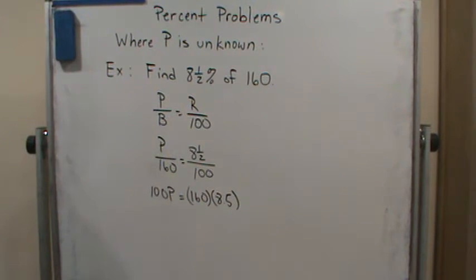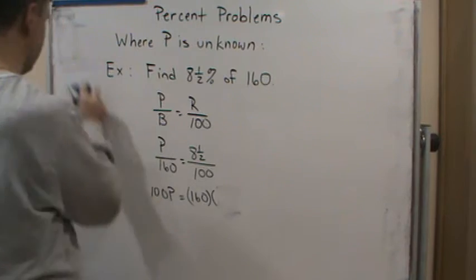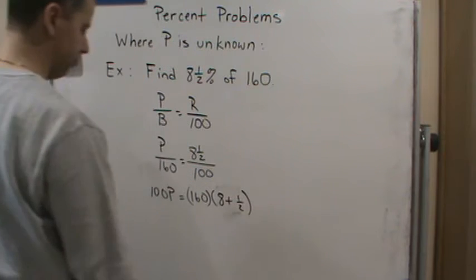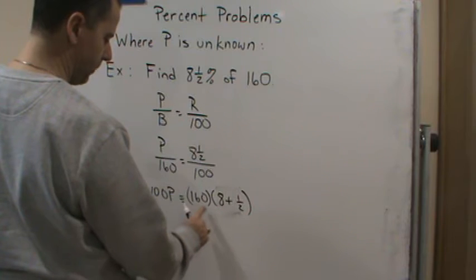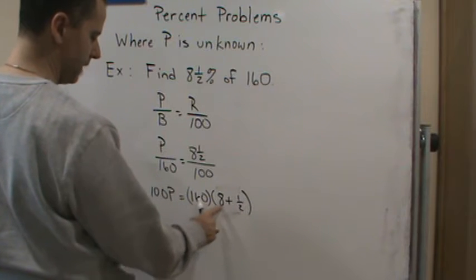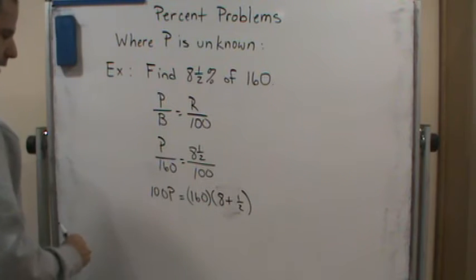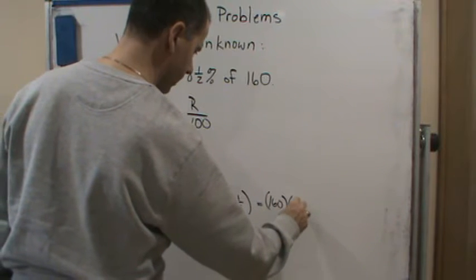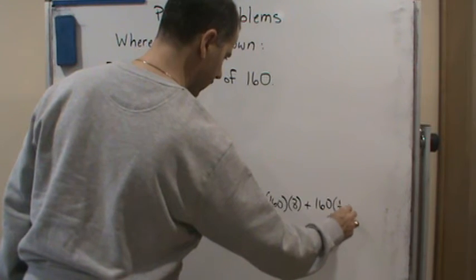8.5, or 8.5. Or let's do this. Let's do 8 plus a half. Well, then I can use the distributive property and distribute the 160 to the 8 and the 160 to a half. So this becomes 8 times 160 plus 1/2 of 160, right? Because this will equal 160